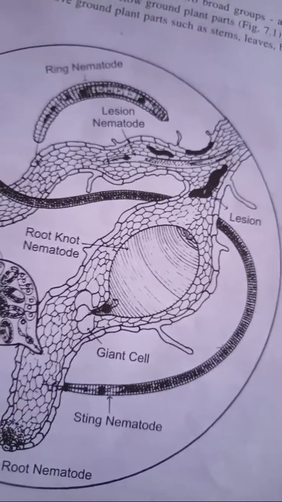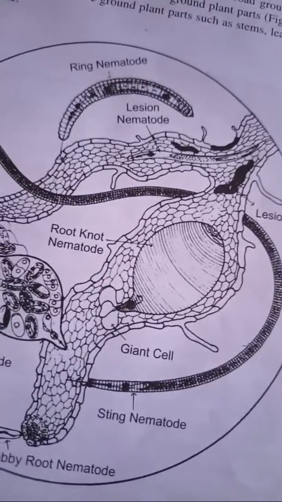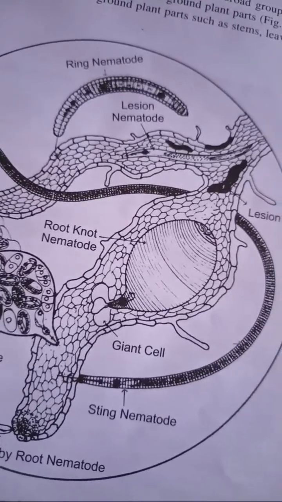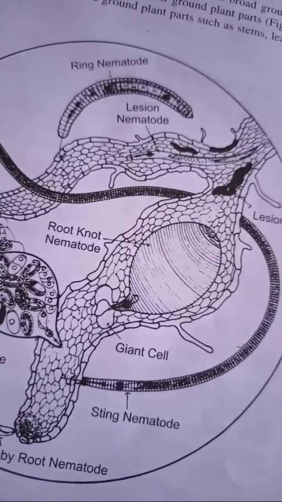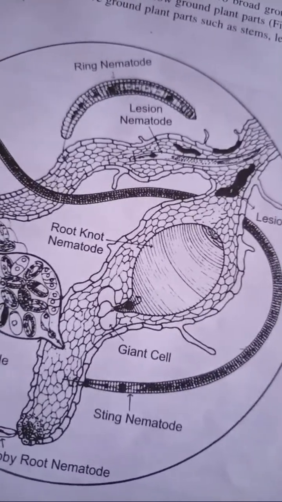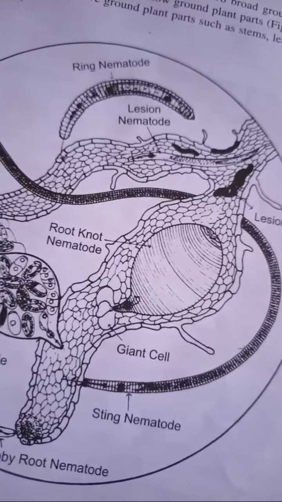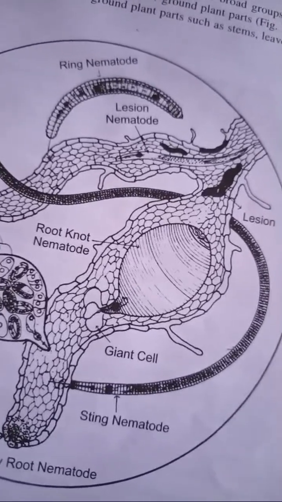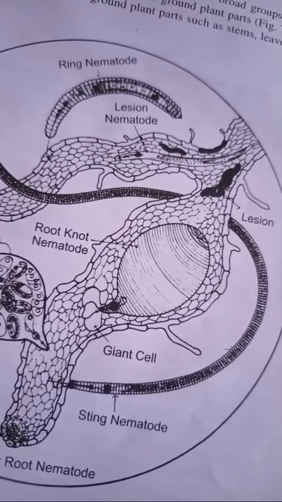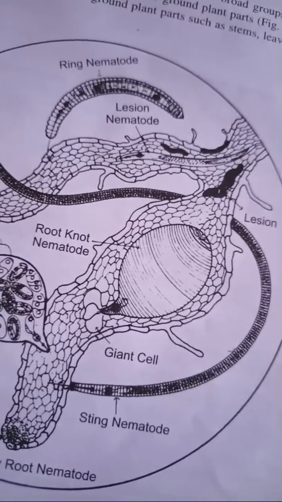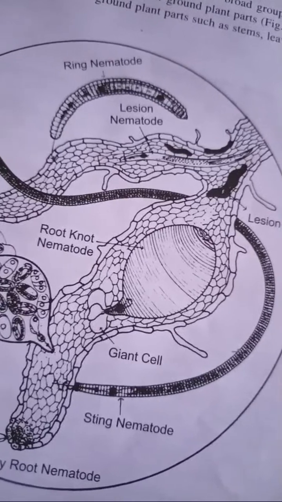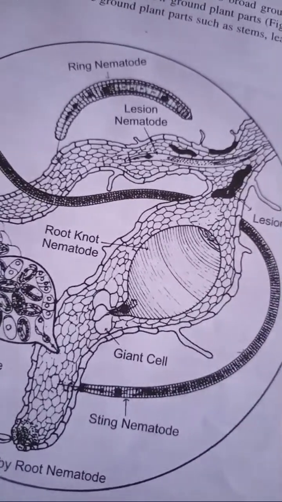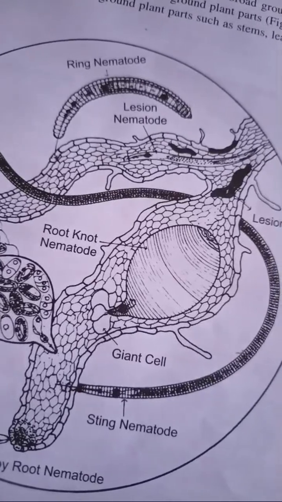So ectoparasitic includes the nematode that lives freely on the soil surface and moves closely on the root surface, and feeds intermittently on the epidermis and the root hair near the root tip. So it will not go inside the root, but stays externally in the epidermis area and the root hairs near the root tip, friends. So the migratory form includes Criconemoides, Paratylenchus, Trichodorus, and these nematodes spend their entire